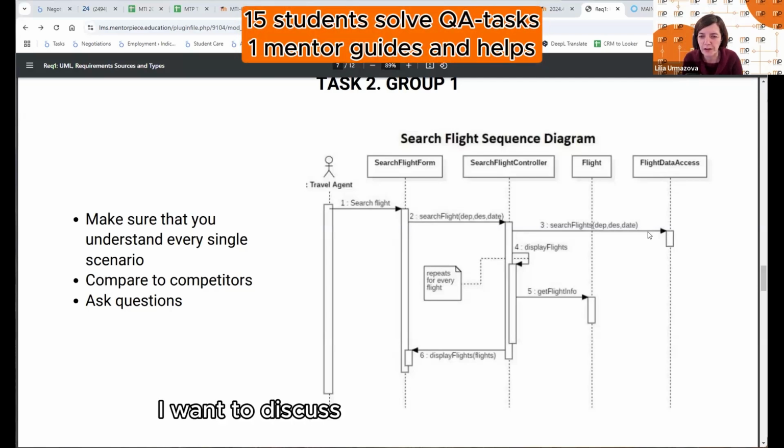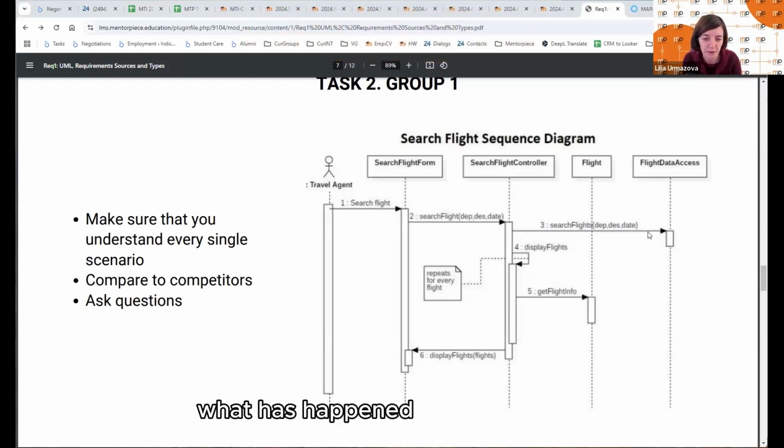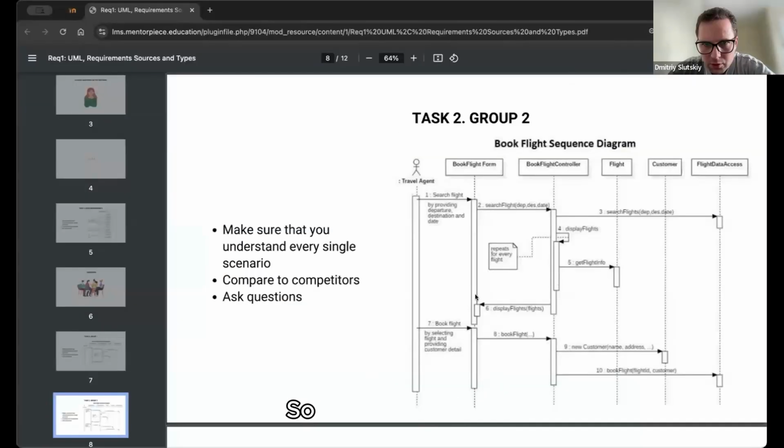I want to discuss with you the general idea, and then in breakout rooms, you will try to find some mistakes in the diagrams and try to explain what has happened on the diagram, what is described here. So the travel agent got the information about flights, tried to book a flight, and the form sent information about the flight to the flight controller